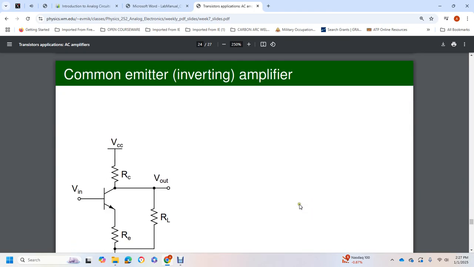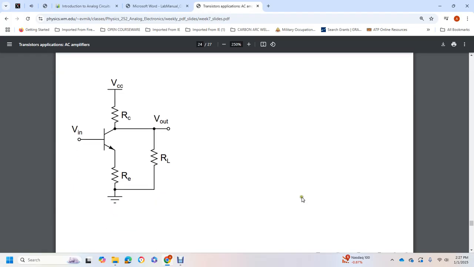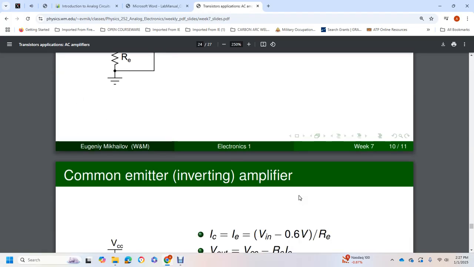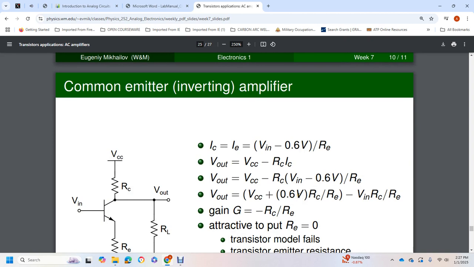Common emitter amplifier. The collector current is equal to the emitter current, equal to the input voltage minus 0.6 volts over the emitter resistor. The output voltage is equal to the supply voltage minus the collector resistor times the collector current. The output voltage is equal to the supply voltage minus the collector resistor times the input voltage minus 0.6 volts over